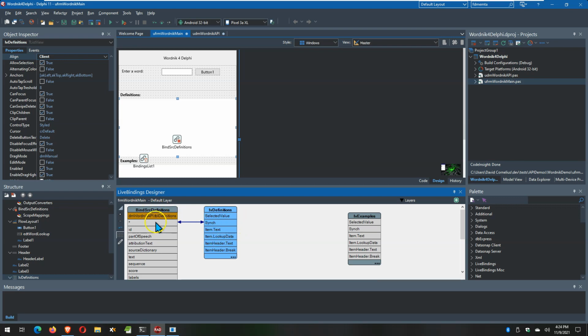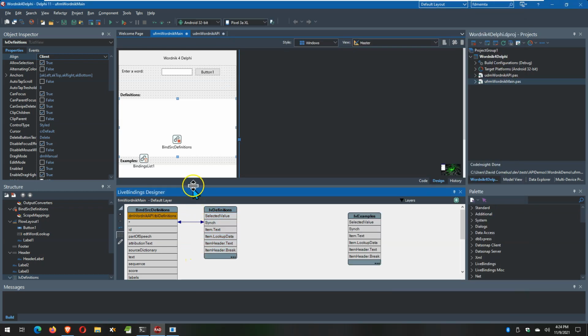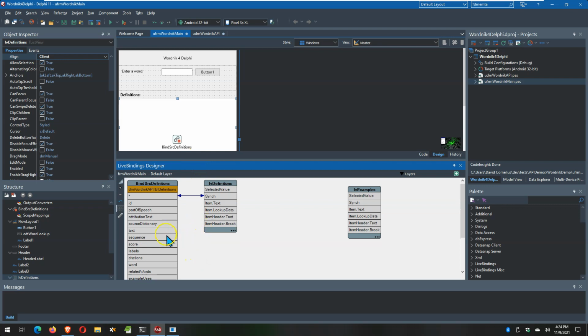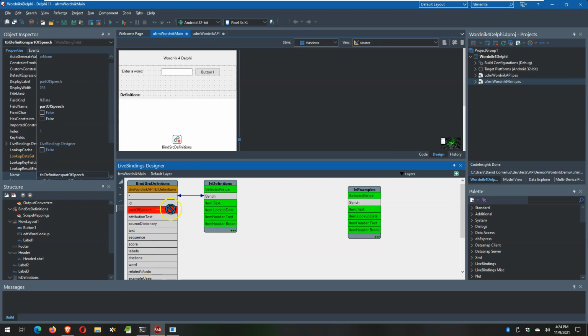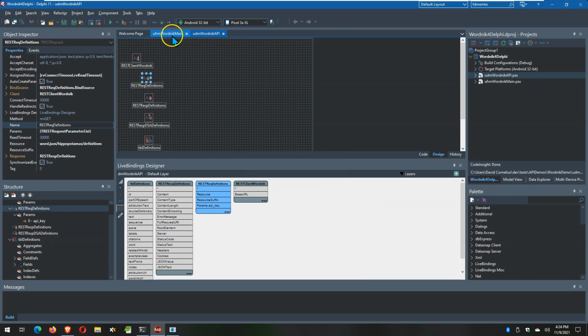So now that they're synchronized, we need to decide what's going to display where. So the table has a text, which, if you remember from looking at this in the Rest Debugger, was the actual definition. There's also a part of speech. For some words, there might be multiple parts of speech. So let's group these by the part of speech. And the way to do that with a list view is to take the part of speech and put it into the header text, and then our definition, which is the text, into the item text. All right. So if we go back over to here, re-execute this, come back over here, now that we've hooked it up,